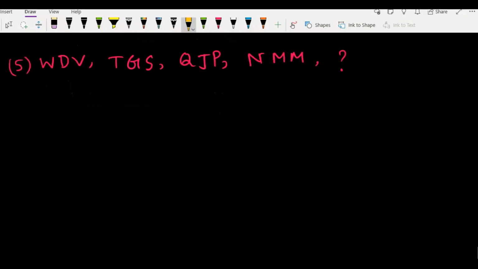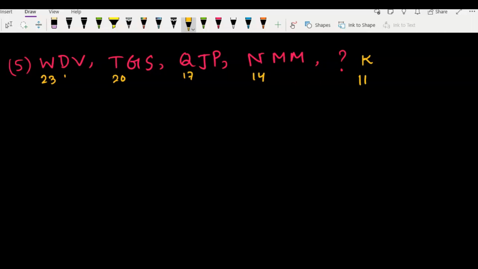Then we have this. So check, it is 23, then it is 20, it is 17 and it is 14. So these are minus 3. So it is minus 3, then we get minus 3, then we get minus 3. So 14 minus 3 is 11. So first will be K.